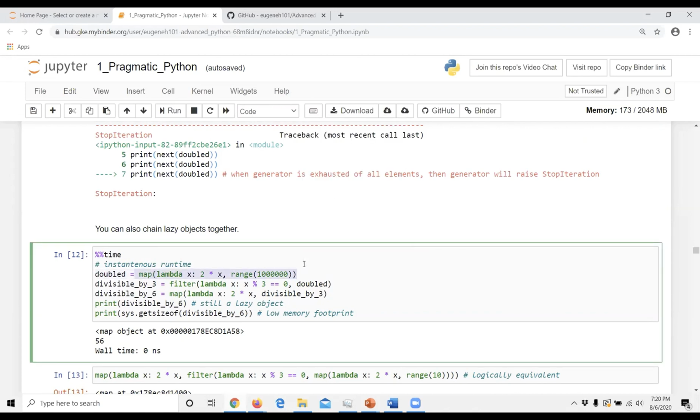So you get chain a map, then the top of the map, right? I store it as this variable, doubled, and then I filter doubled based on whether modulo 3 is equal to 0. So basically, if it's a multiple of 3, keep it, otherwise discard it. In that case, all the elements here would be divisible by 6.